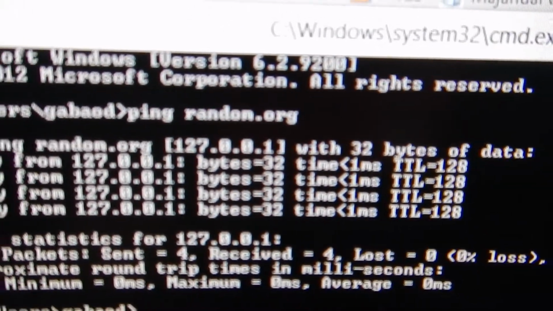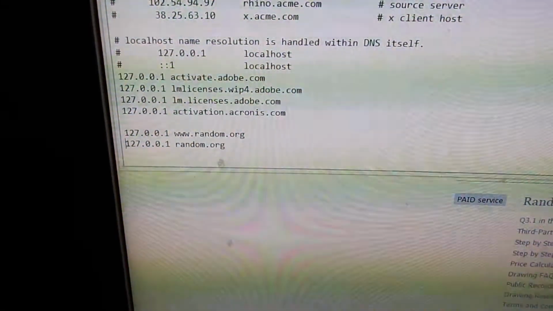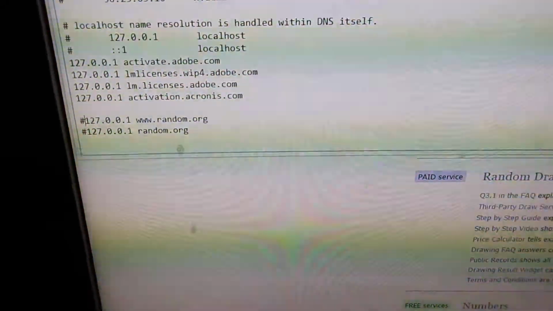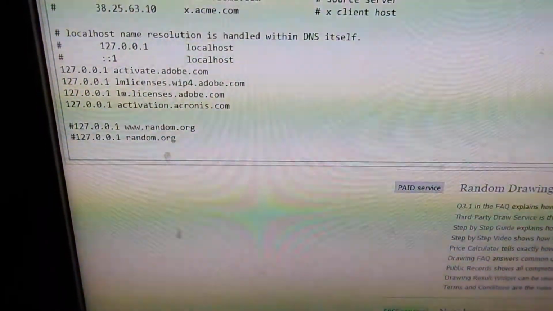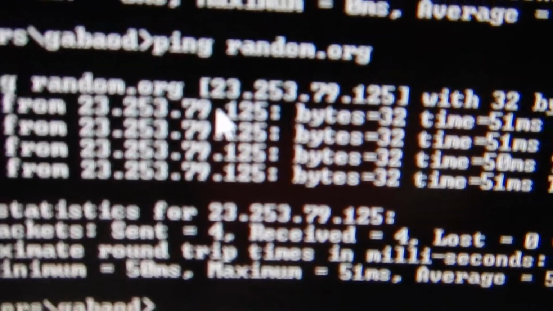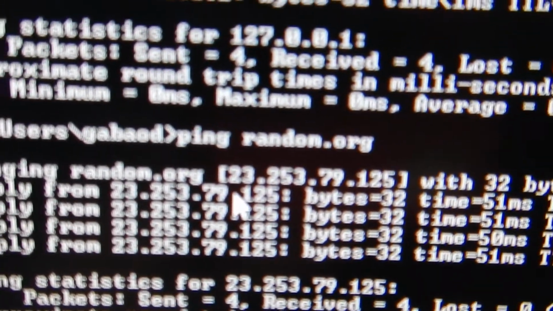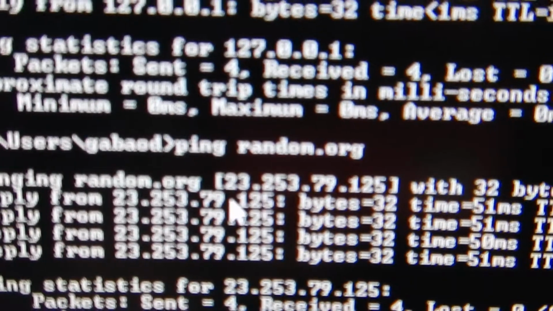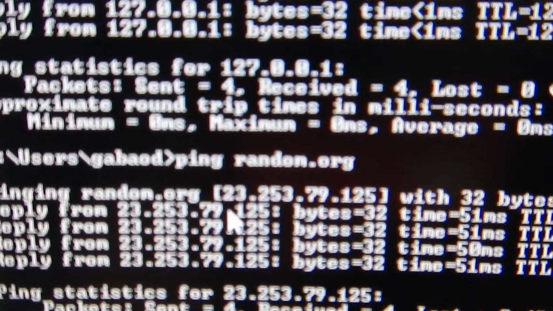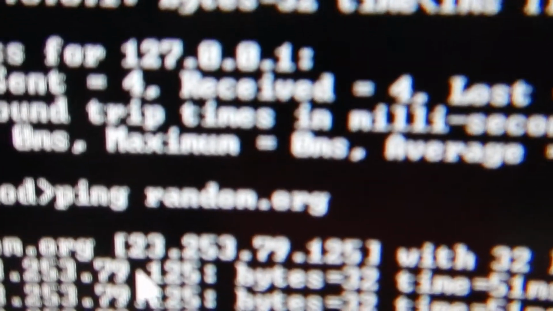That's a problem. If I go back to my host file here and comment that stuff back out, hit file, save, and retry pinging random.org, now you see it's a real IP. That is the real IP of random.org. So someone could even be hosting off an off-site server with a different IP. You want to make sure it says that